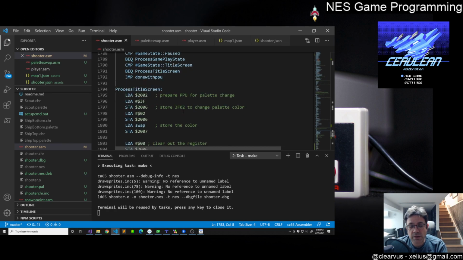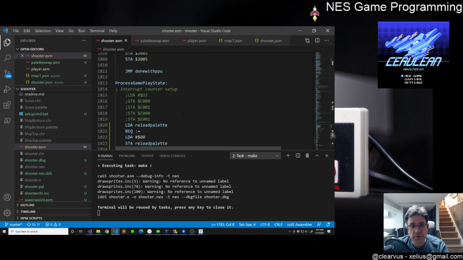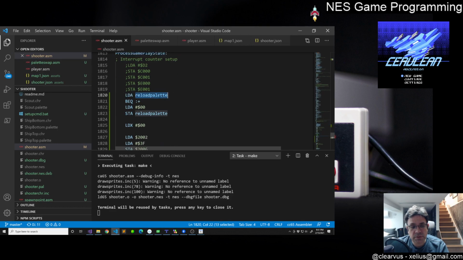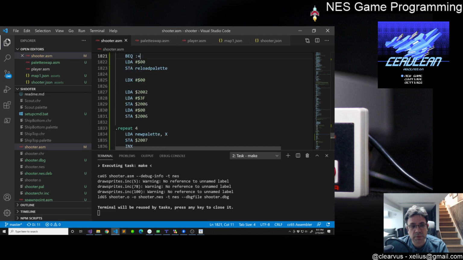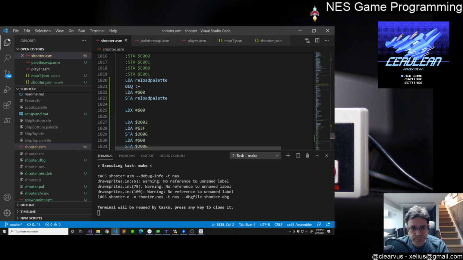Instead, it will create unexpected results for the palette updates. So in the gameplay state here, the first thing we do is check this reload palette. If it's branch if equal, if it's 0, meaning we don't care about reloading the palette, then just jump to here. Otherwise, we're going to 0 out the reload palette variable so that it is empty. We don't want to have to